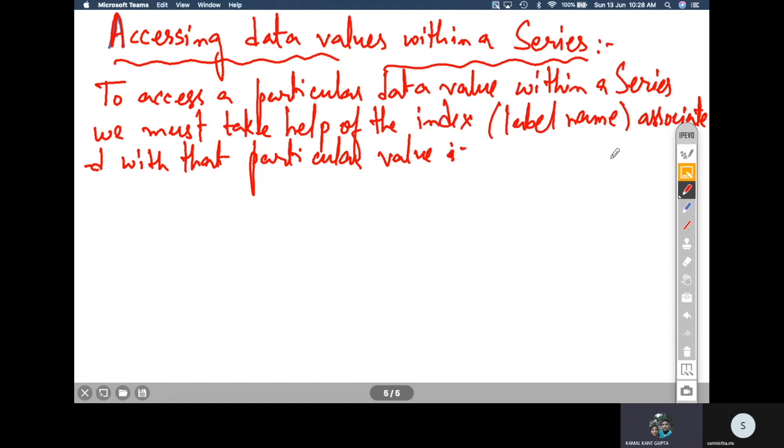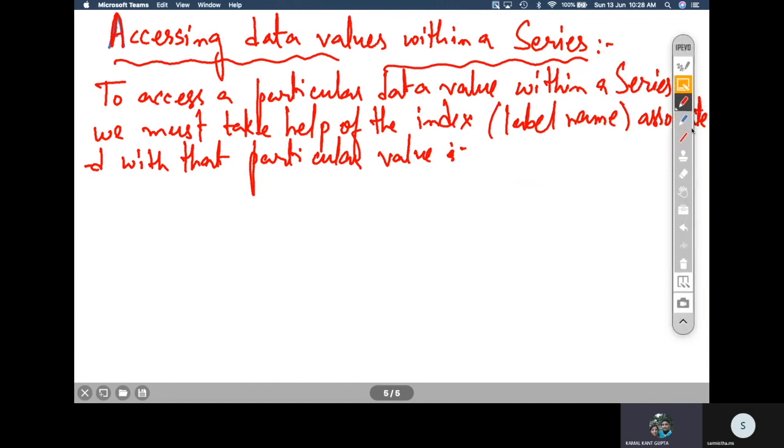Index name. Now these indexes can be used in two different ways.